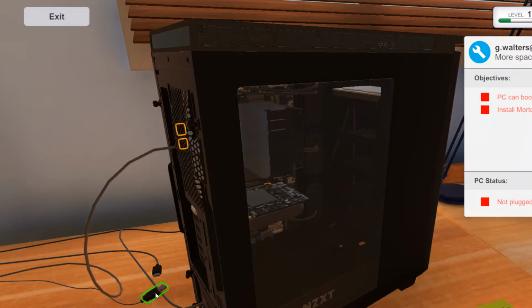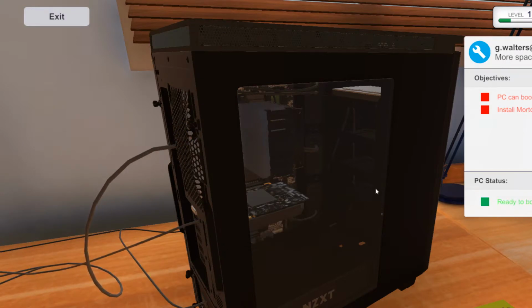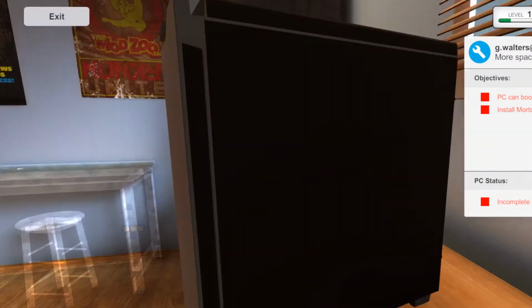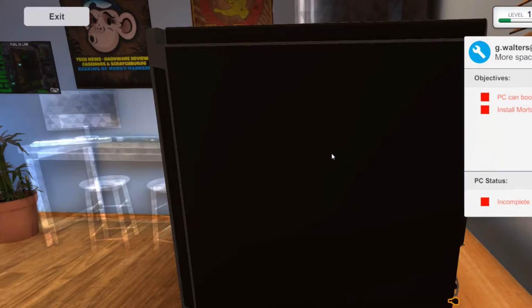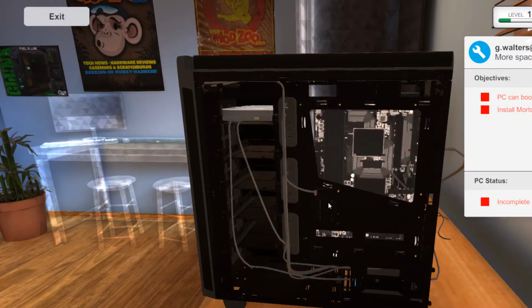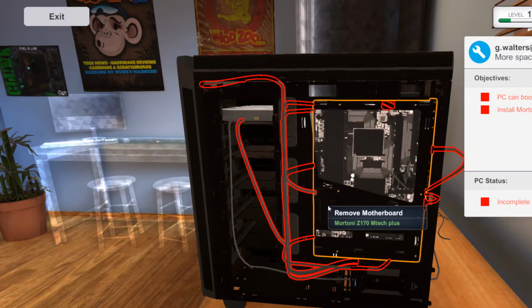Like so. Plug in the graphics card. Now I think it's this side, it might be the other side. Just undo these thumb screws. Yeah, it's the other side. Zoom out using the scroll wheel and zoom in using the scroll wheel, using the W, A, S and D keys